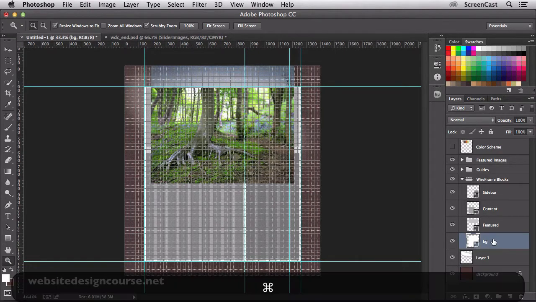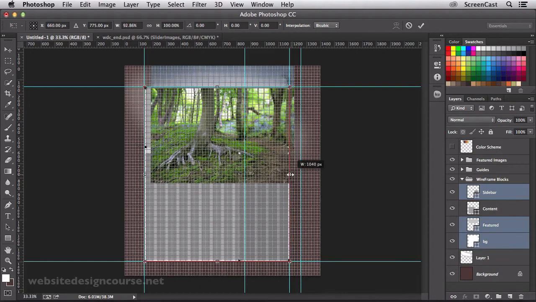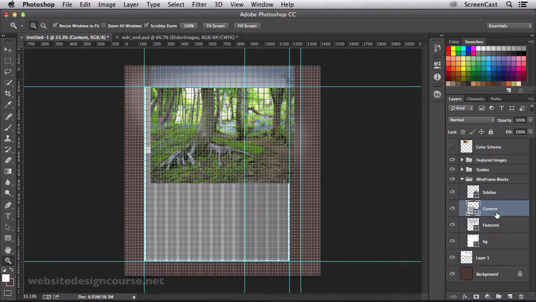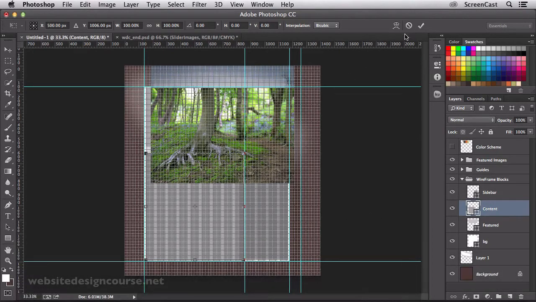I want to hold down Command and select those 3 without the content and free transform that, and then bring all of those back. You can notice it clicks right into place right there. So that will solve that problem. And then I need to also fix my content area and free transform it, and it as well needs to